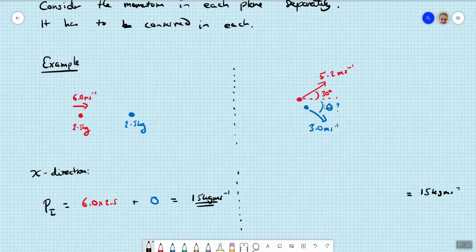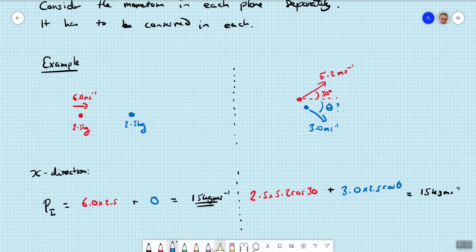So what do we do? Well, we have to resolve this to find the momentum in each direction. So we've got 5.2 times 2.5 for the mass times velocity, but cos 30 because we're at an angle. So we've got 2.5 times 5.2 cos 30, and this is going to be added to 3.0 times 2.5